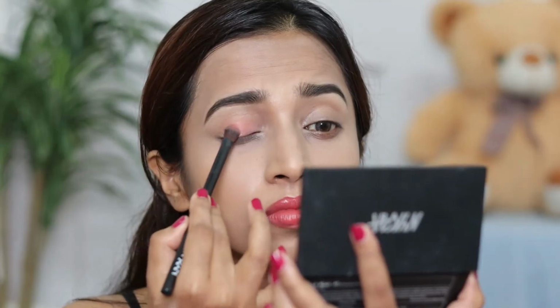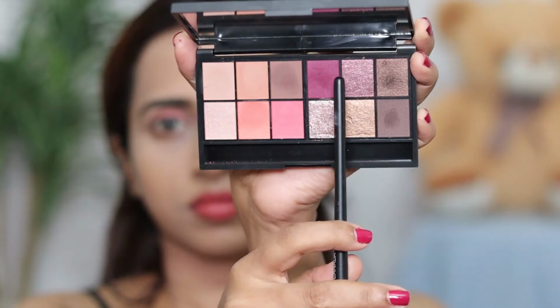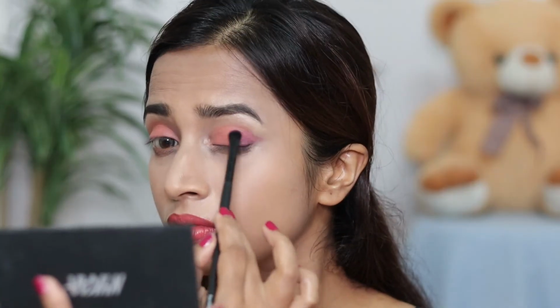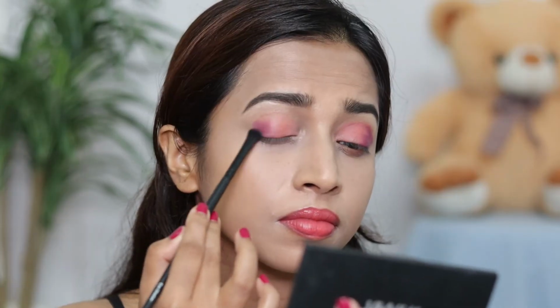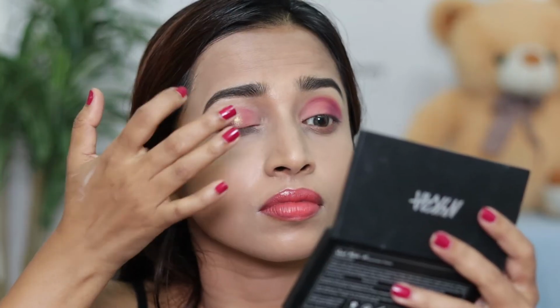Today I'm using the Nykaa Sweet Sundae eyeshadow palette, and I'm taking this light coral shade and applying it on the inner part of my eyelid. Then I'm using this purple shade on the outer part of my eyelid. After that, I'm taking this golden shimmery shadow from the Maybelline Brooklyn Bronze City Mini palette and applying it on the